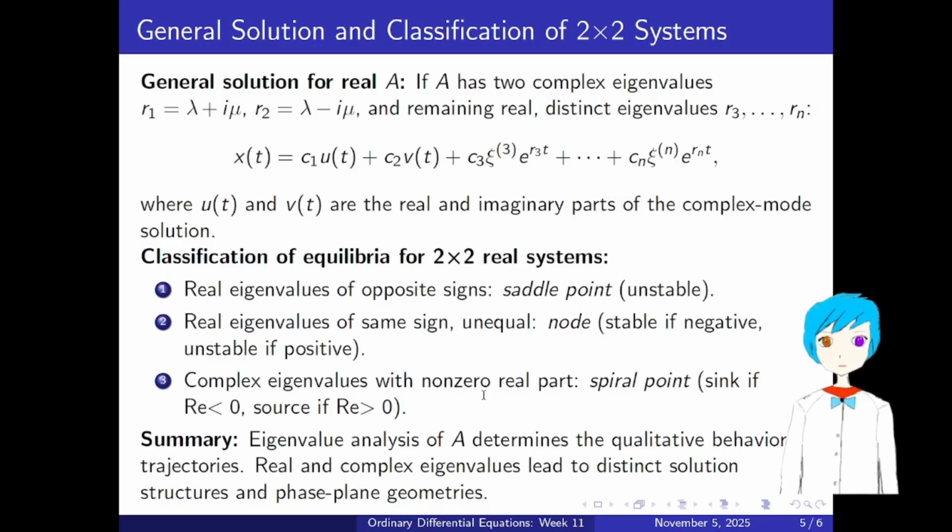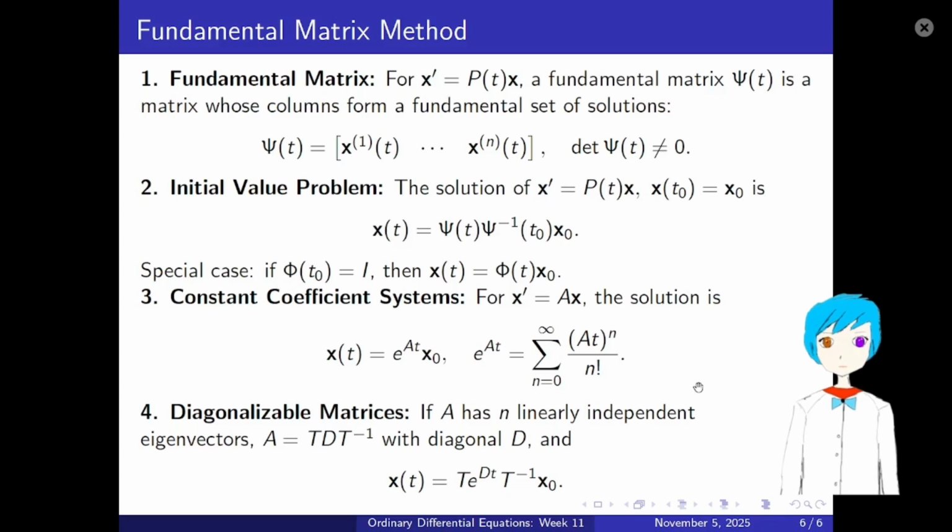The eigenvalue analysis for the coefficient matrix A determines the qualitative behavior of trajectories for the 2x2 system. Real and complex eigenvalues lead to distinct solution structures and very different phase plane geometries. Finally, we talked about the fundamental matrix method. So the fundamental matrix is to